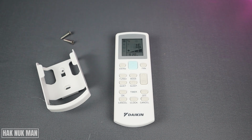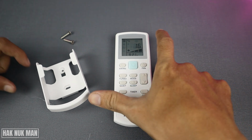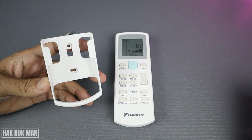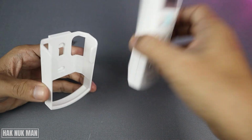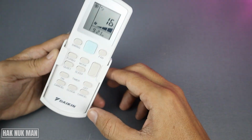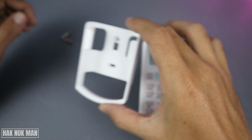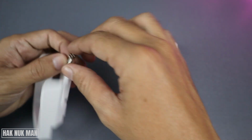Okay, good evening everyone, and in today's video I'm going to show you how to hang your Daikin air conditioner remote control on the wall. As you can see, every remote control has a bracket holder that you can use to hold the remote to the wall, and all you need to do is drill and place